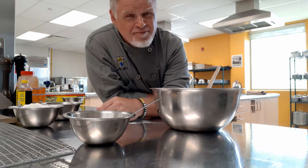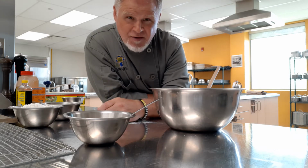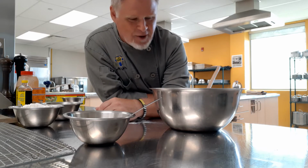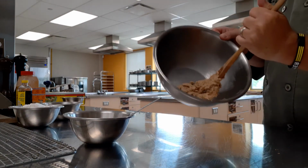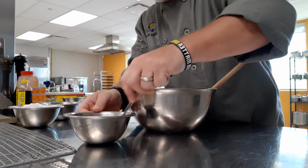So just remember, basically, white sugar with molasses is what brown sugar is. Okay, so it's easily crystallized and easily softened as well. All right, so this is all nice and mixed. This is creamed now, and we are all good and ready. It looks nice. What we're going to do is add